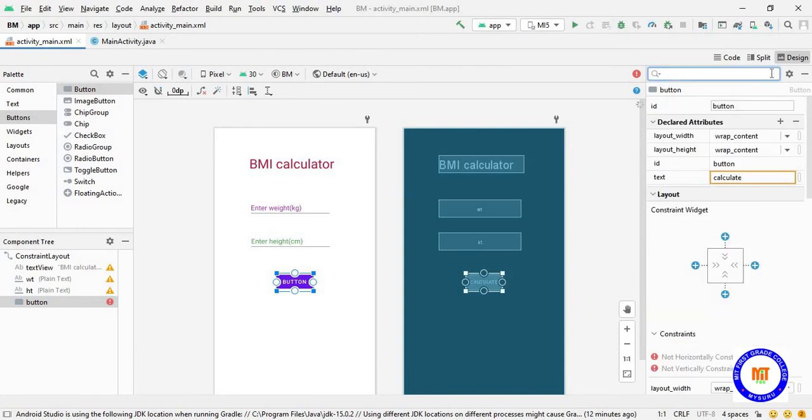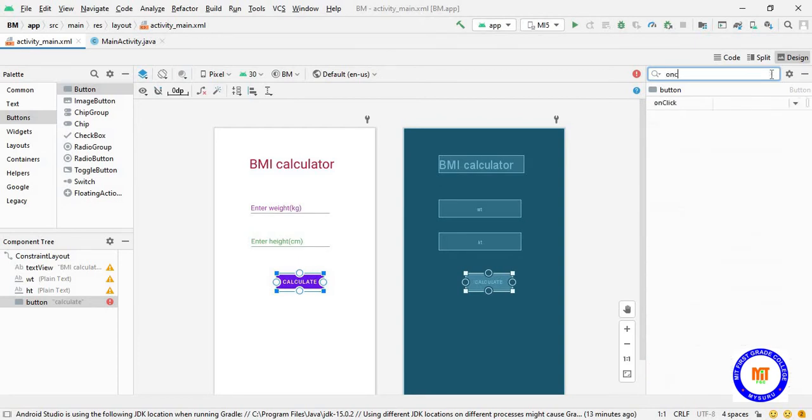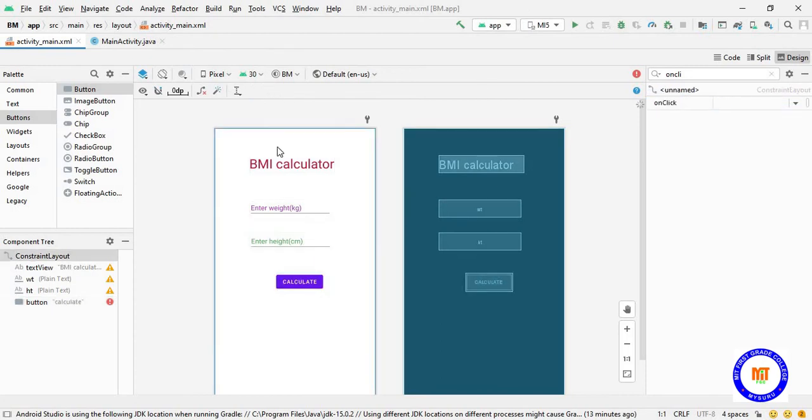And I'll give the function name in the onClick, and give it as CAL. So this is the function. And align it properly.